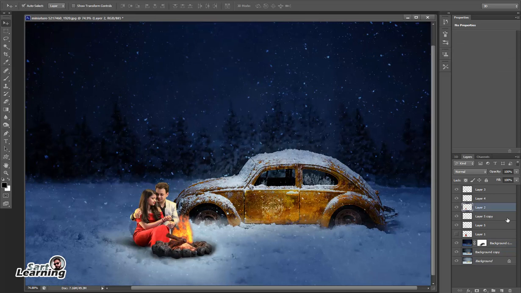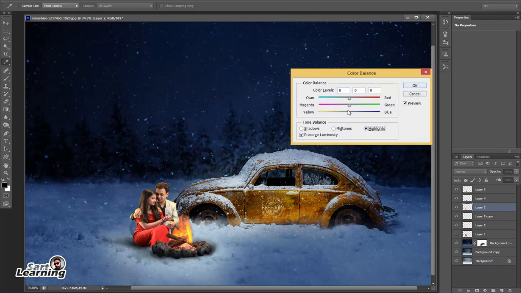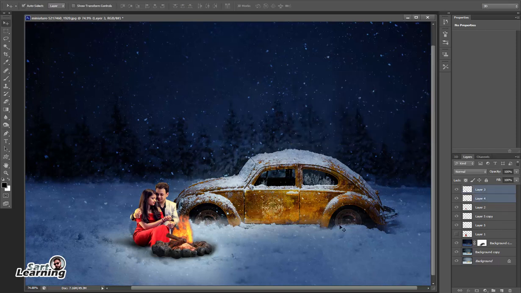Now it's time to give some glow effect in the couple area. So I'm using the color balance. With the help of color balance, you can adjust the shadow part to blue and the highlight part to yellow. Scale the bonfire so it looks more interesting.